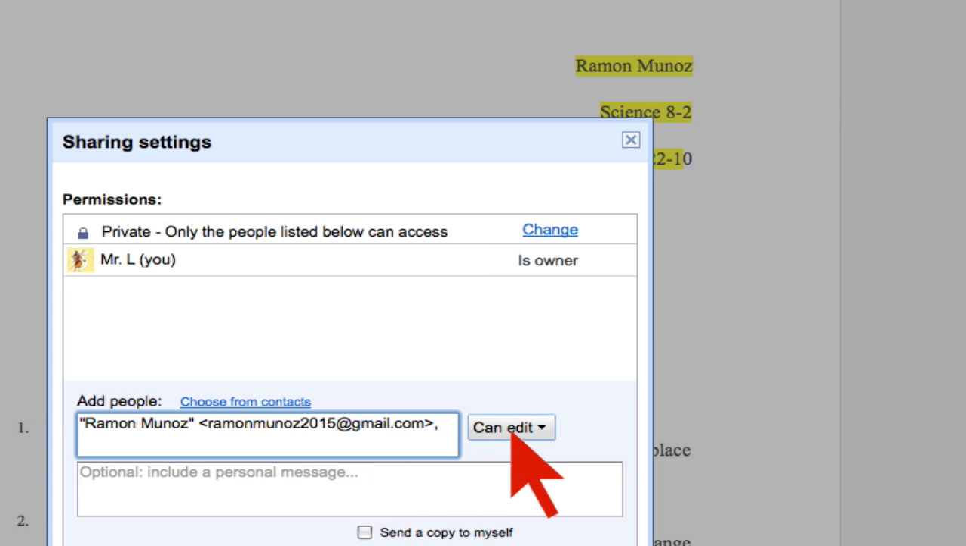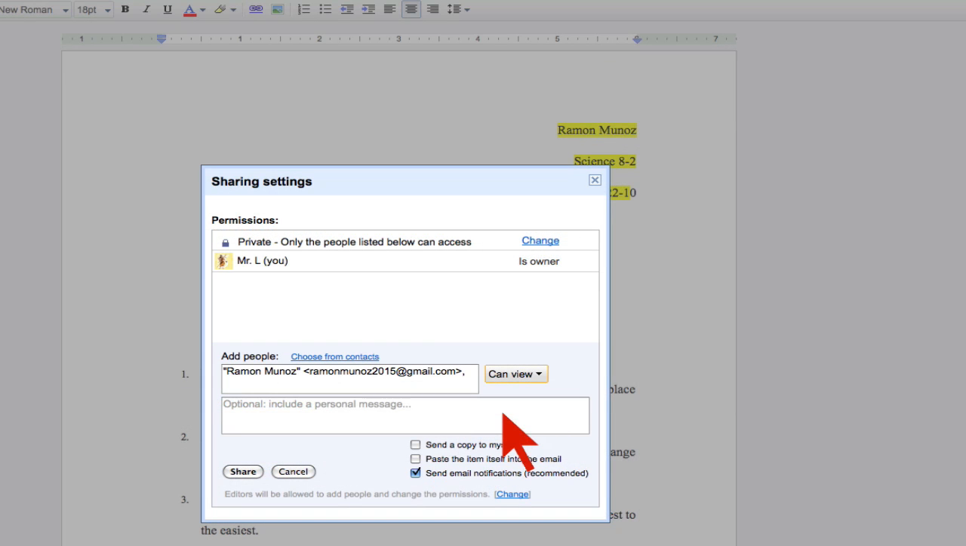He's there. Do I want to give him editing privileges or just let him view? I'm going to have him just view it. If I wanted him to make corrections and return those to me, then I could let him edit. Down here in the notifications, it says send email notification. I can paste this into the email that notifies him, and I can send a copy to myself. But since we're doing shared documents, this is already stored in my documents as well. It'll be in this student's documents, and it'll be in my documents. We'll both have a copy. So I click share,